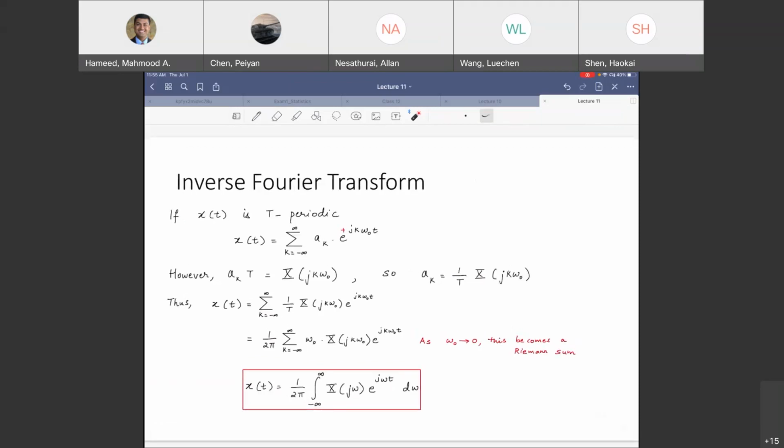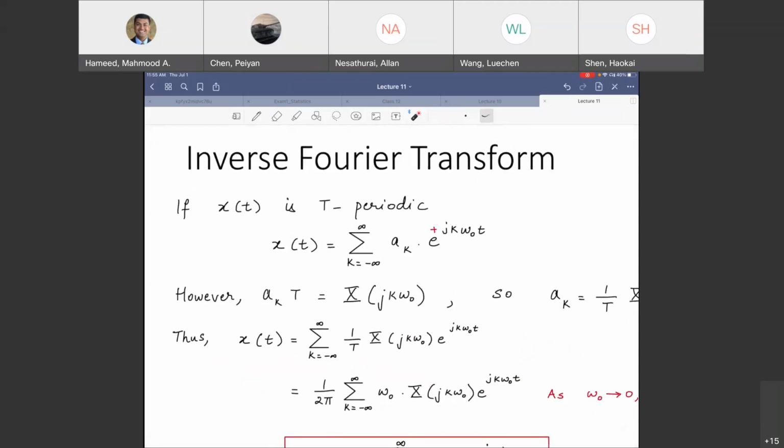For the inverse Fourier transform, I'm going to try to walk through this very quickly because I want to get to a little bit more mature, more interesting discussion about the Fourier transform. Why do we need it? What all information can it give us? X of t is a summation over all k, e to the plus j k omega naught t. Sum of all the projections.